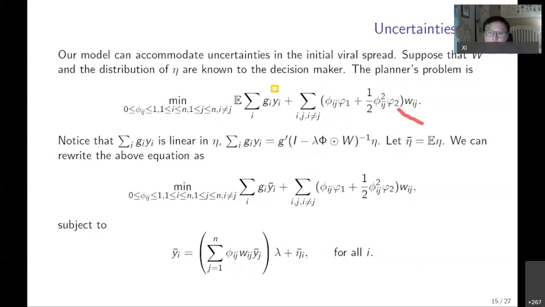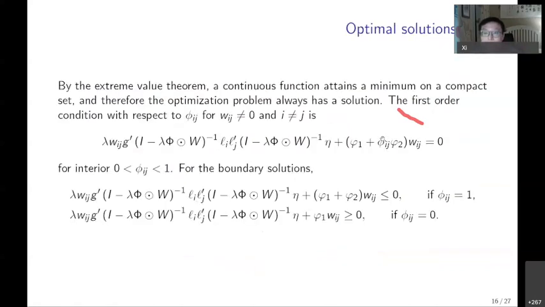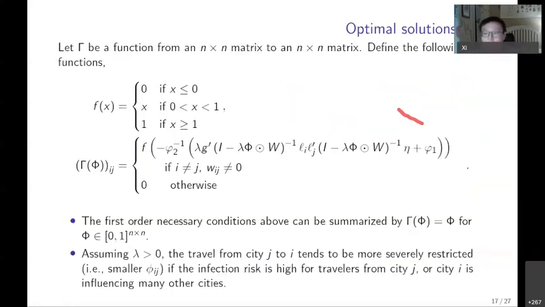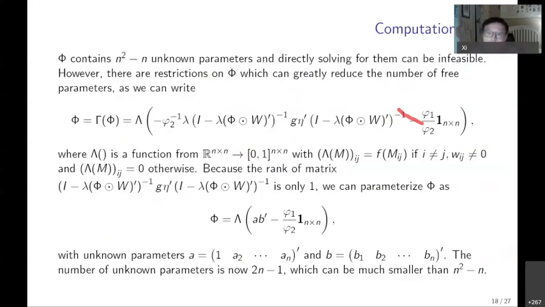So the model also takes care of uncertainty, and if the city mayor is risk averse, then the model can be modified to incorporate this risk averse decision maker. So we can introduce a concave function in order to incorporate that risk aversion. After all these derivations, we have a 4 or 5-page derivation about this social optimal optimization